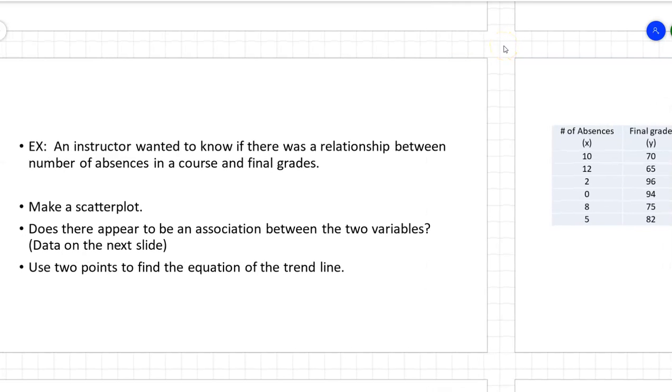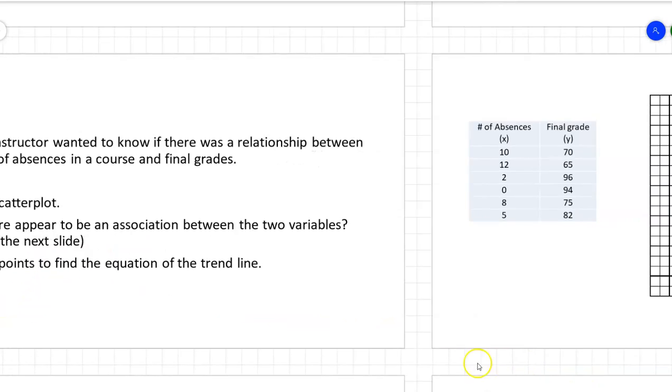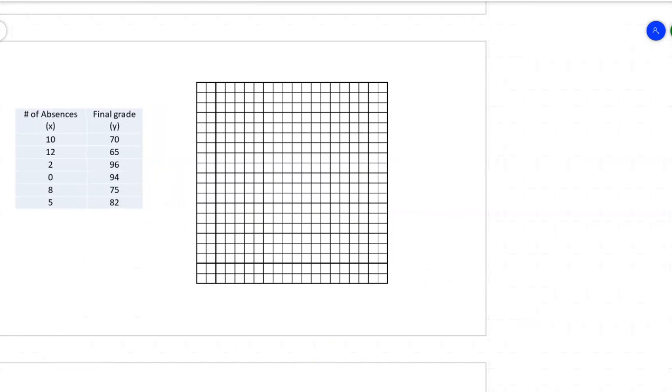So here's another set of data. Relationship between number of absences and a final grade. And this one actually asked me to give the association and then use 2 points to find the equation of the trend line. All right, so I've given you a nice blank grid. You notice I mostly gave you just the first quadrant because there's no negative number of absences and there's no negative grades. This one specifies, put number of absences